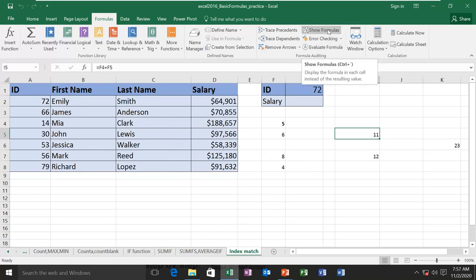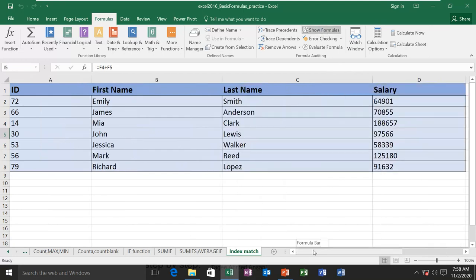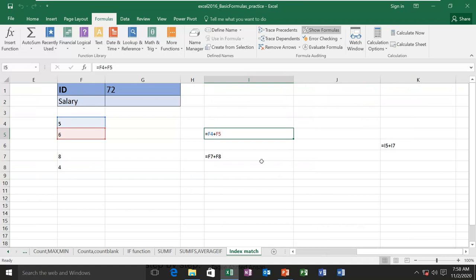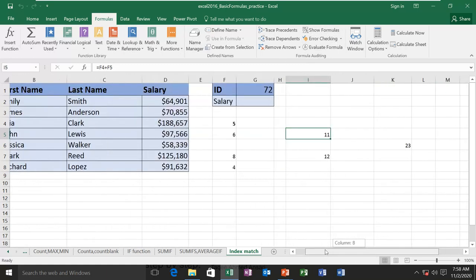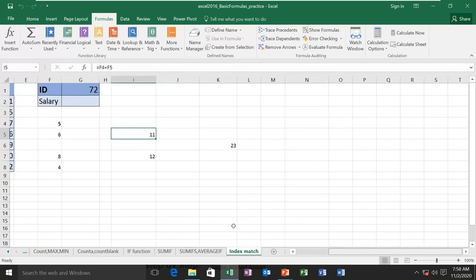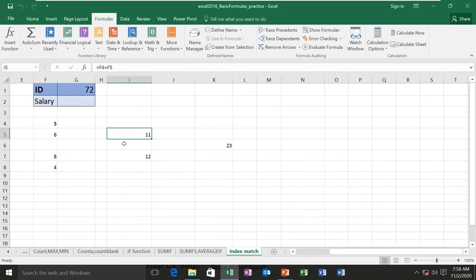And this one will do what? It shows you the formulas. Right now there are formulas here, here and here, but we can't see them. When we go to the formula bar, we can see the formula. Normally we can't see it. So if you want to see where the formulas are, you can click on this and see where the formulas are. So these cells have the formulas, and when you're done, you can hide it. Now it is hidden again, so it is not showing the formulas.